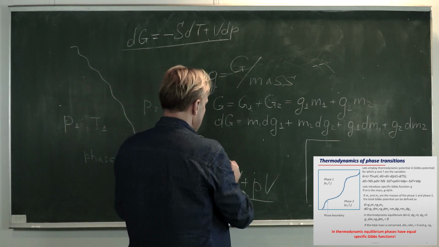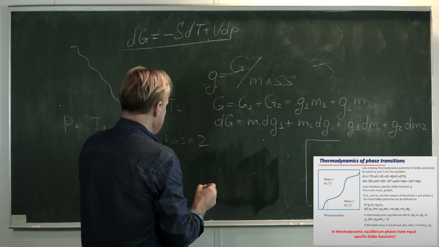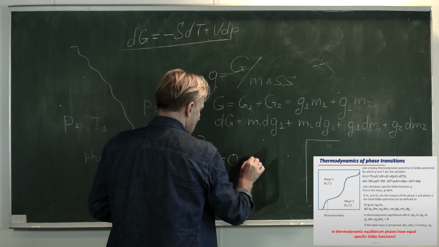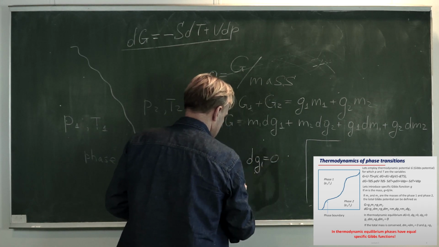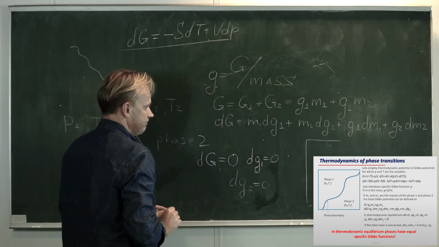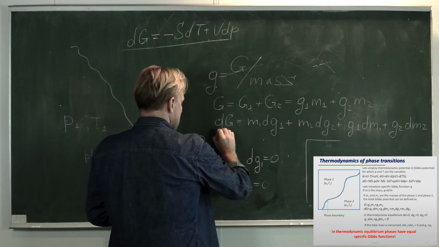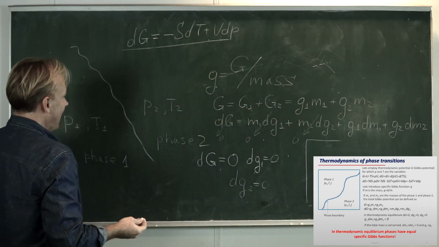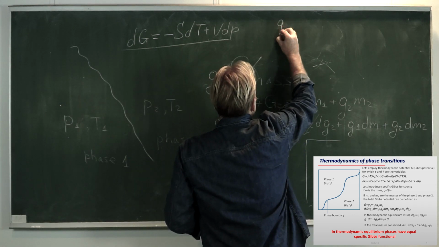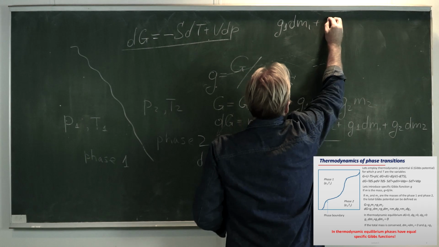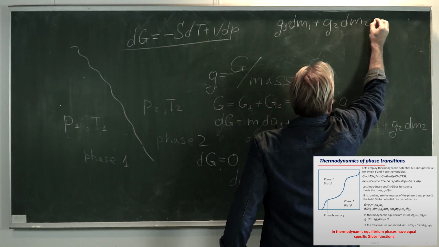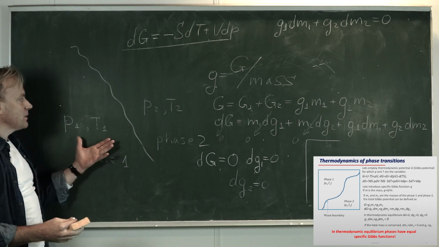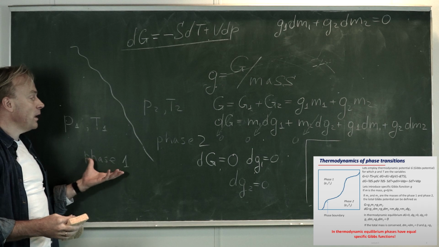Thermodynamic equilibrium means that the Gibbs function G and the specific Gibbs function are at minimum, and in thermodynamic equilibrium these quantities do not change. So it means that this quantity would be 0, this quantity will be 0, and this term will be 0. And what I get at the end is that G1 plus G2 is equal to 0. Then I'm talking here about a phase transition of matter from phase 1 to phase 2,